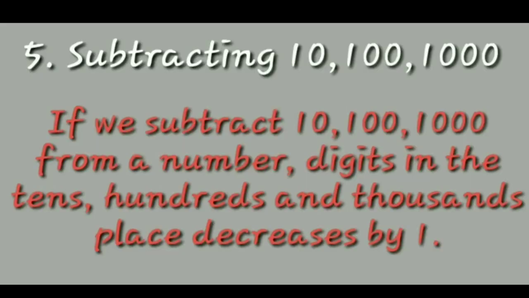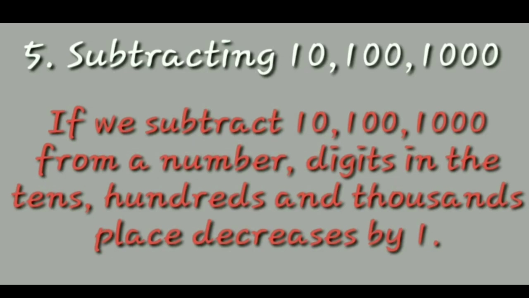After that, the last property we have studied is the subtracting of 10, 100 and 1000. So according to this property, when we subtract 10, 100 and 1000 from a number, the digit in the tens, hundreds and thousand places decreases by 1 respectively, while the other digits remain the same. Likewise, if we subtract 10 from a number, there will be the change in tens place and one digit will be subtracted. If we subtract 100 from a number, then there will be the change in the 100 place and 1 will be subtracted from the 100 place, and if we subtract 1000 from a number, there will be the change on the 1000 place and 1 will be subtracted from the 1000 place. We have done it with the help of example also.